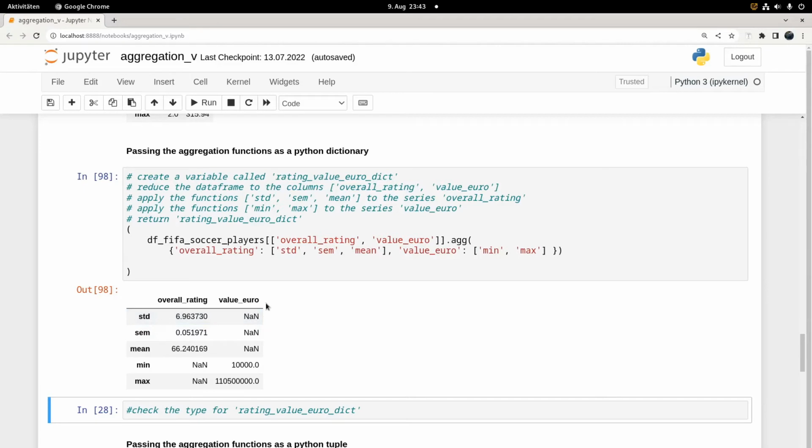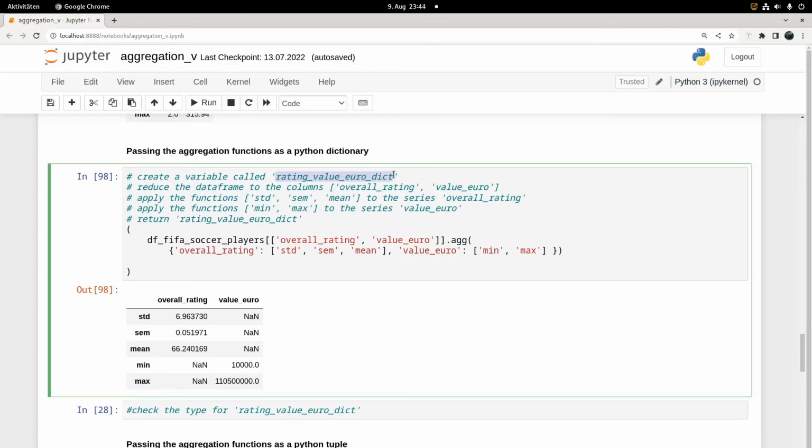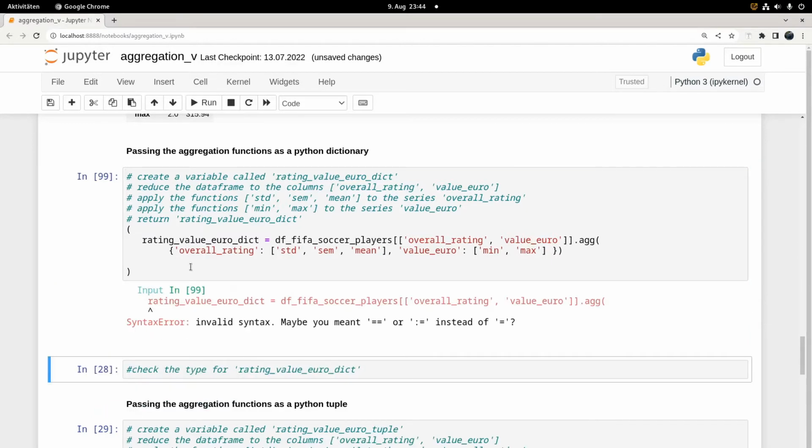placeholder because Pandas doesn't allow for empty cells. So this is the way Pandas describes that there's actually no value for this cell. So what else do we have to do here? We have, yes, apply. Yeah, what we have to do is rating value euro-dict. This is what we will call this thing. And now we'll run it again and